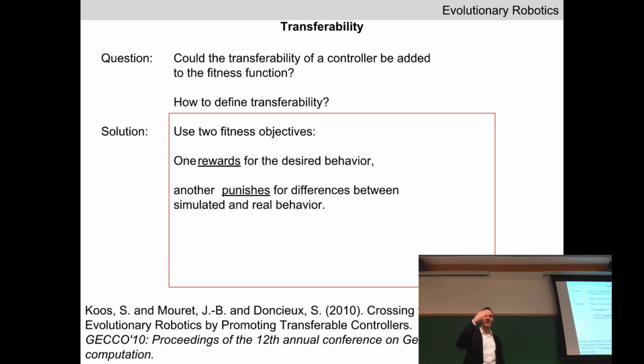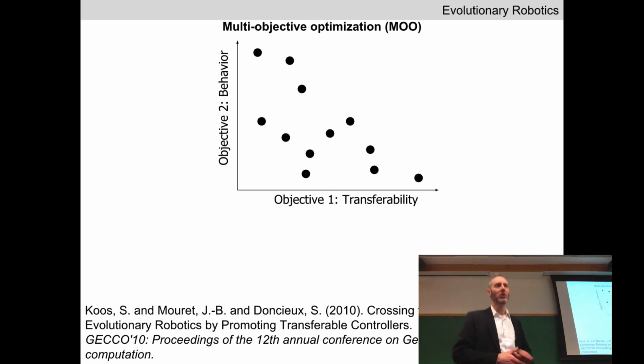So there is another step beyond genetic algorithms that you can make to multi-objective optimization. It has a very nice acronym here. So instead of multiplying these two terms together, we're going to break them apart. And by doing so, we're going to try and force evolution to optimize both of them. And the way we do this is when we have two objectives, we're going to plot each individual in the population as a point, and its position in this plane corresponds to its values for these two fitness objectives.